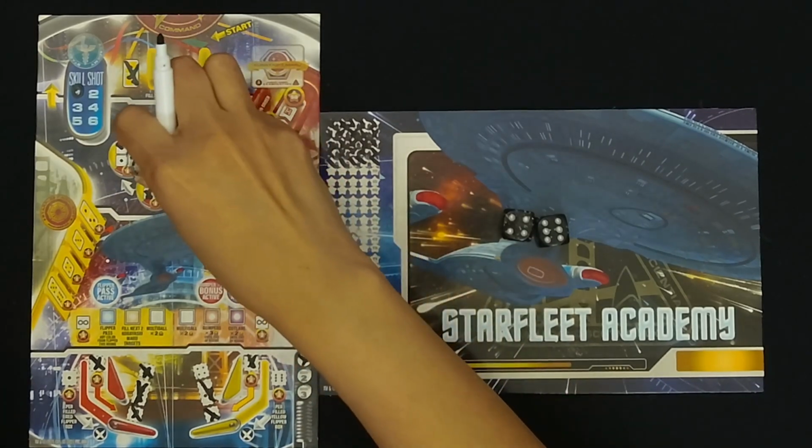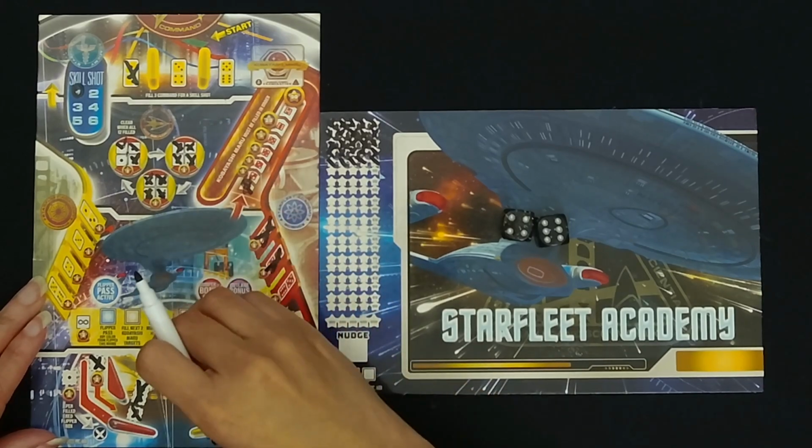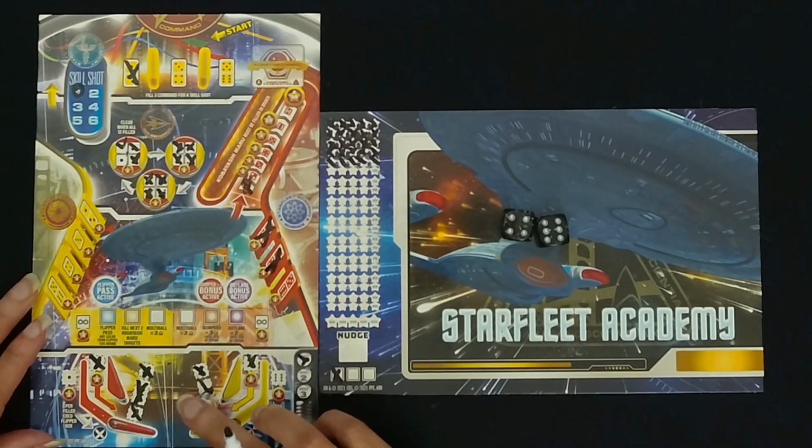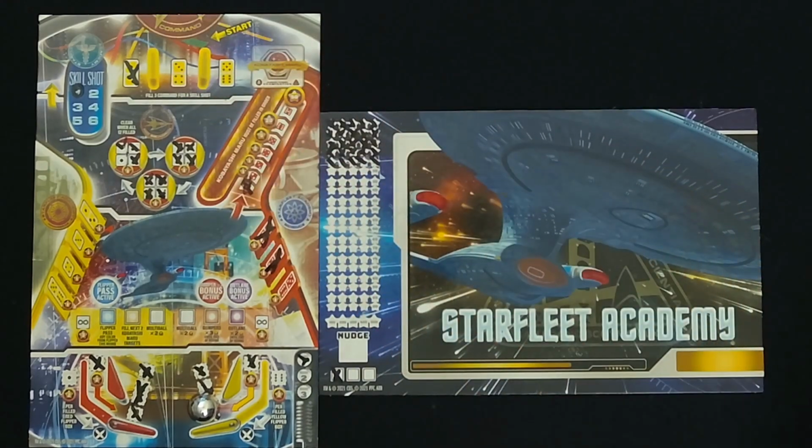Let's actually drop down here to the 4. So it's the last one for our yellow flipper. And hopefully we don't roll a 1 or a 2 this time. Actually, if we roll a 1, we're fine here. Anything but a 2. Or two 2s, I should say. So we have a